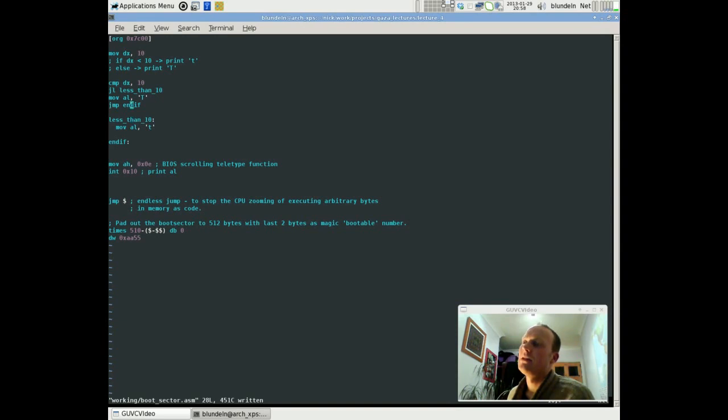you have to think about where the code's going to execute next. So in this case, I did a comparison. I said jump to this label less than 10, so jump to this offset in the code if it's less than 10, and execute that, which is good. So if it's less than 10, there's no problems at all. It does that, we get a little t. But if it's not less than 10, we just go straight to the next instruction and remove a capital T